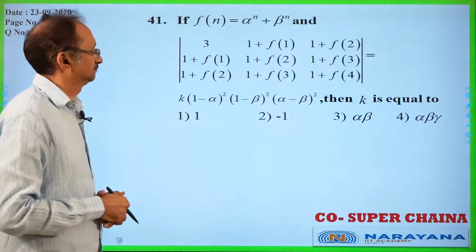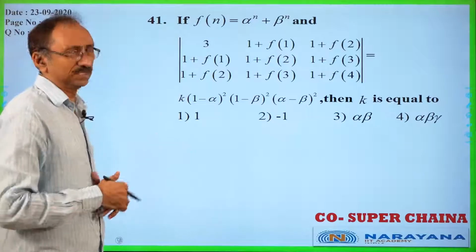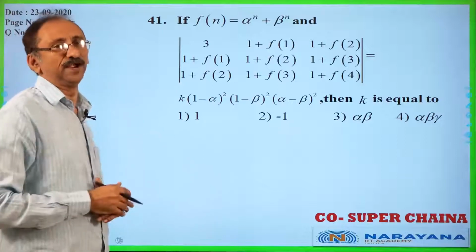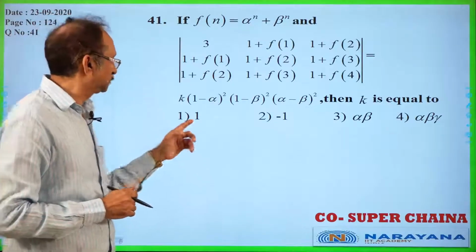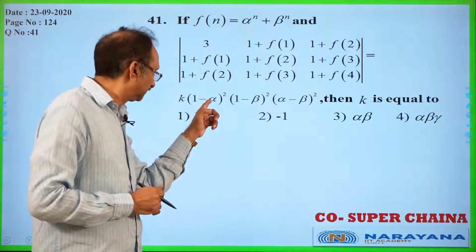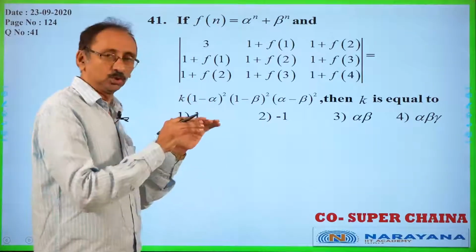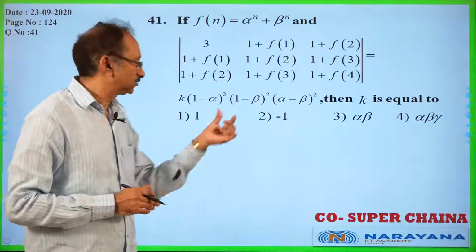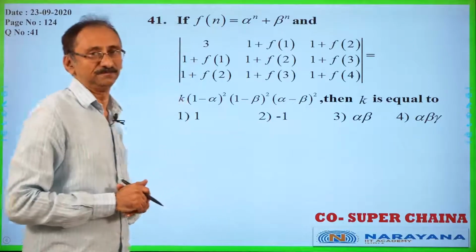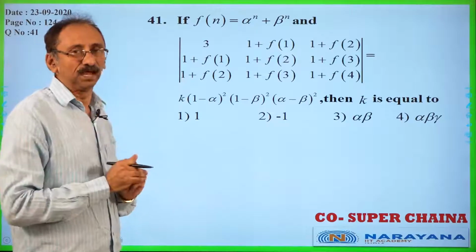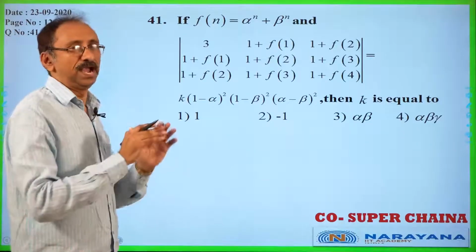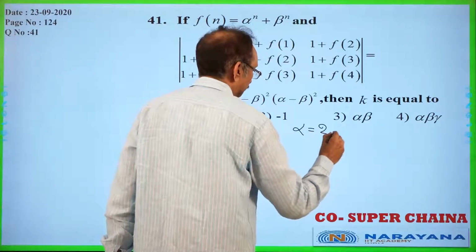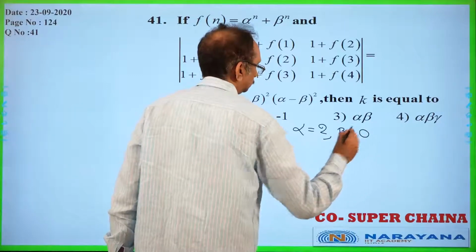So how to do this? Suppose I don't know any procedure or like that. Then again, as in the previous problem, we substitute the values of alpha and beta. Okay? But never substitute alpha is equal to 1. If you substitute alpha is equal to 1, this becomes 0. So k is vanished. Similarly, never substitute beta is equal to 1. Also never substitute alpha is equal to beta. So take two numbers alpha and beta such that they are not equal to 1 and they are not equal. Suppose alpha is equal to 2 and beta is equal to 0.